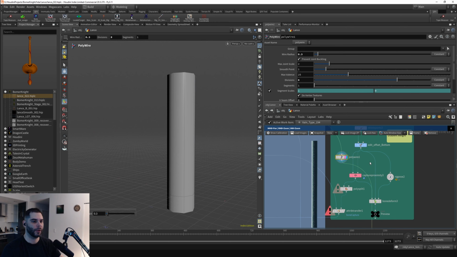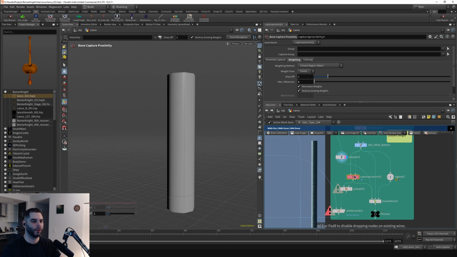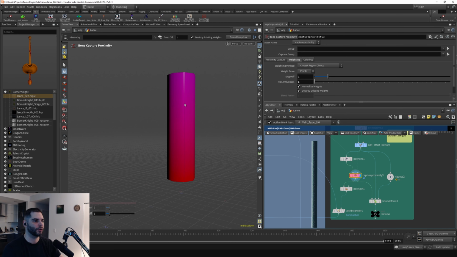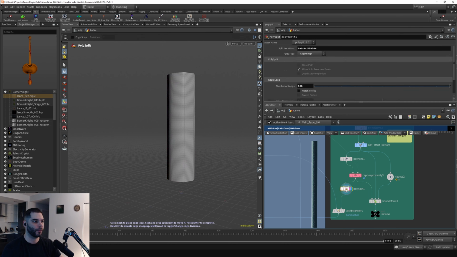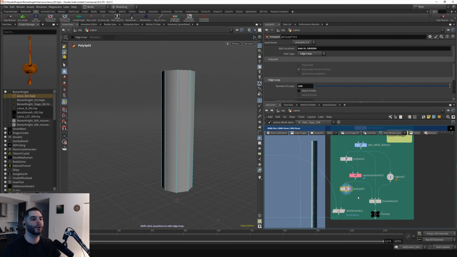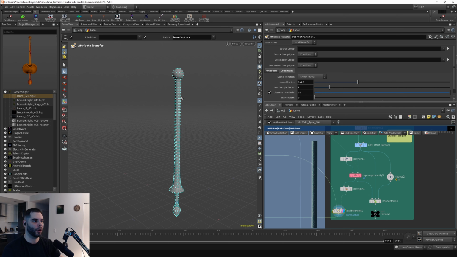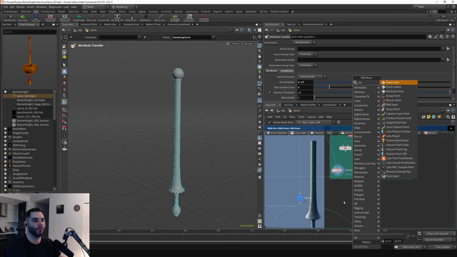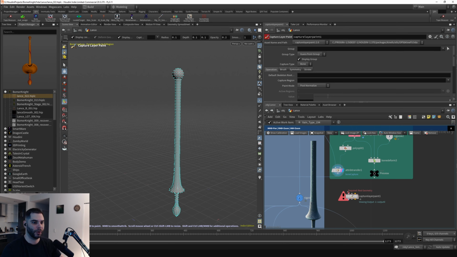Pull the wire, and then see, that got attached there, and then captured it again. So now we got a gradient. I added a lot of subdivisions to that, so that way we have a lot of points that are matching these ones, so we can transfer all those weights over. And then if we add a capture paint, we can visualize our new